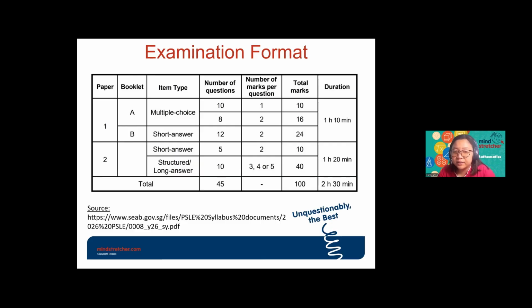So there's an extra 10 minutes given to you. So 1 hour, 20 minutes. Again, you realize that there's lesser questions in paper two also. Paper two only have a total of 15 questions, whereas paper one, there were 30 questions. Right? So in total, you will have 2 hours 30 minutes. Usually you will sit for your paper one first, then you will submit your paper one, you go for your break, and then you will come back for paper two. Most of the time it's on the same day. That's the PSLE format that is going to take place starting from this year.